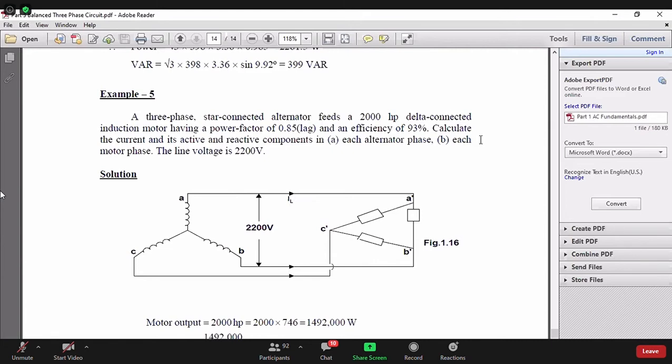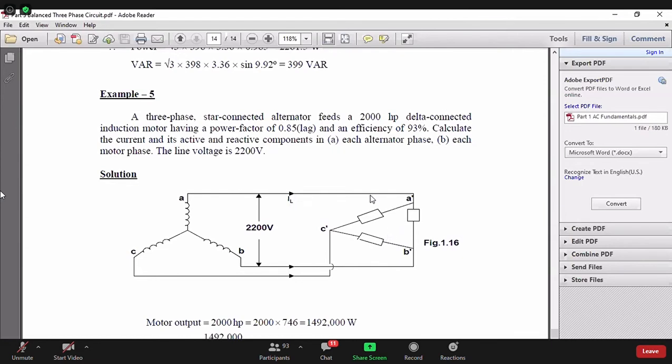Exactly what you are doing. So this is the practical problem. This diagram shows that the alternator, that means the AC generator, is a star connected generator. Typically, when you draw the generator, we show it with a coil, we draw the load with a ball. This is just a convention, nothing special. So this star connected alternator, the line voltage is 2200, 2.2 kV, as shown, is connected to this delta connected induction motor. And they are balanced. It is stated it is balanced.